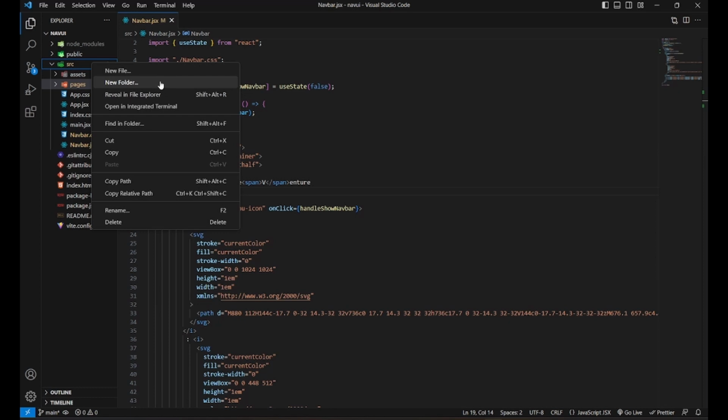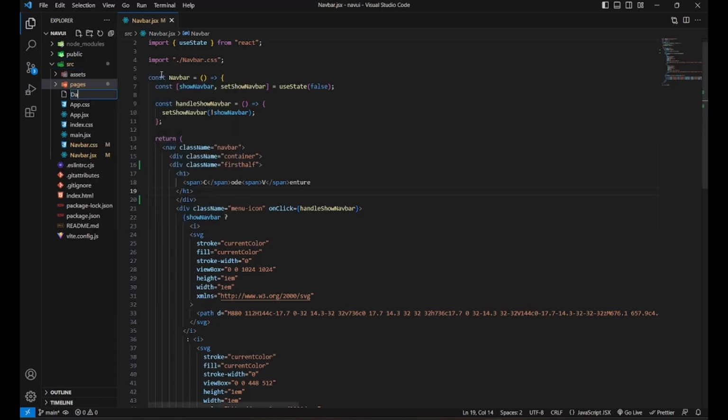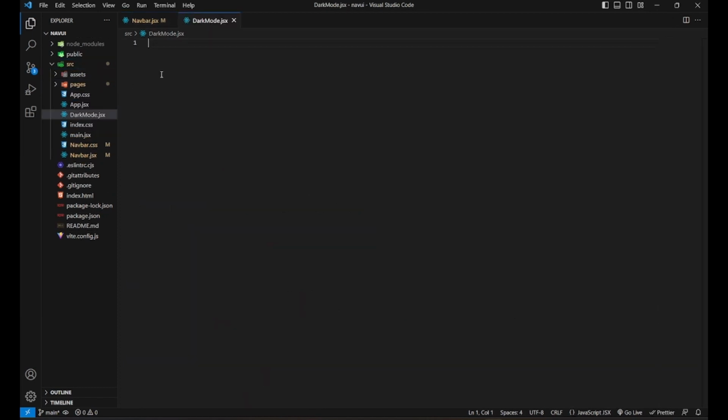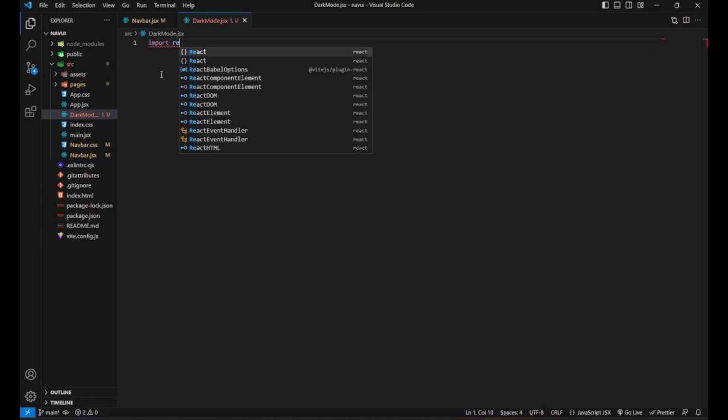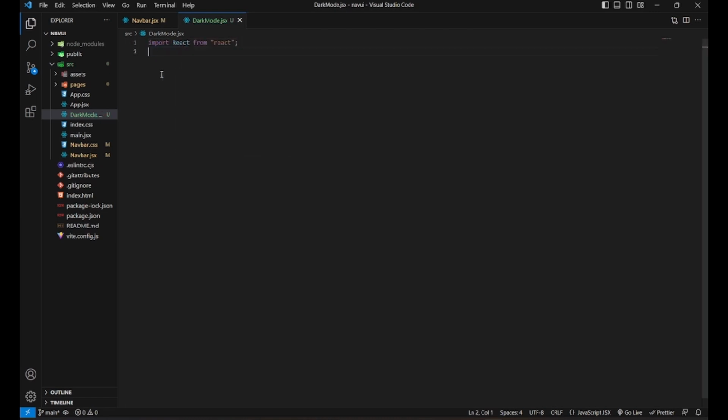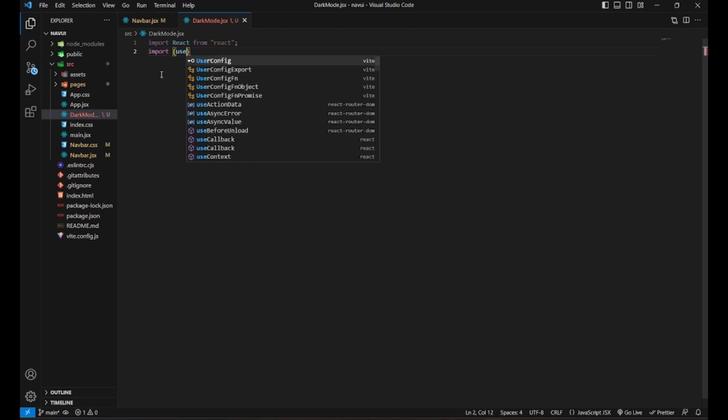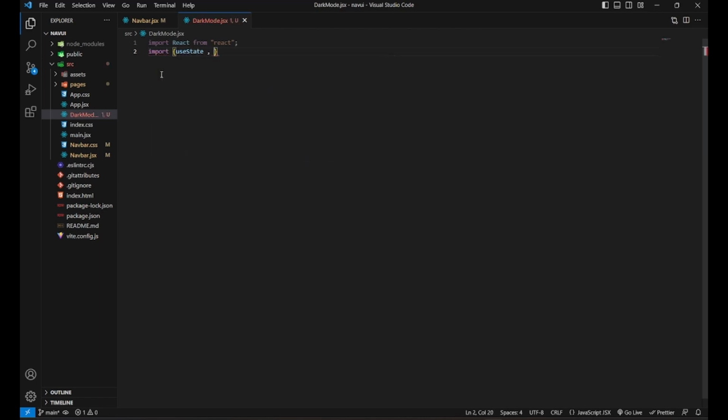Okay, so now let's create a new file in the src folder. We will name this file darkmode.jsx because it's running in the Vite build tool. So in Vite you should write it as JSX and not just JS. We'll import React. So we will now import two hooks, which will be useState and another will be useEffect.